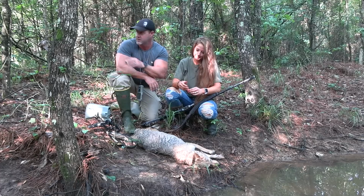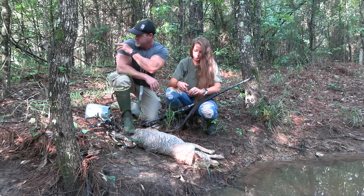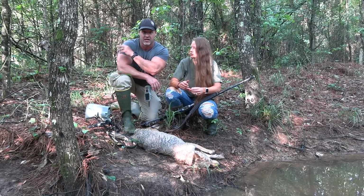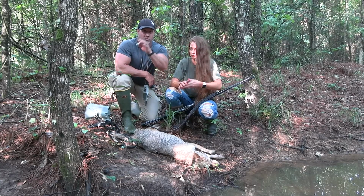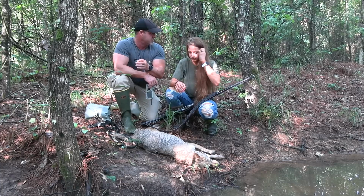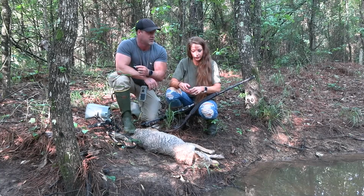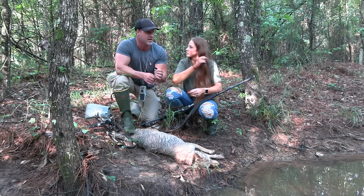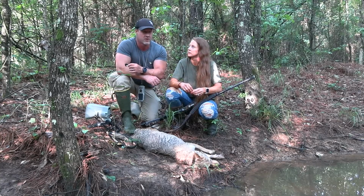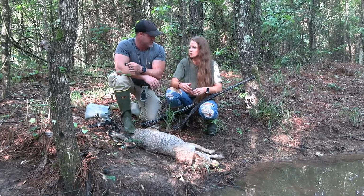Slipped in here, sat down. The wind was coming across this creek channel, blowing from our left to right. That's why I set the X24 up on this left-hand side of the creek to try to pull them down this side if they tried to get downwind of the call, and then we set on that side for that reason. We got in here, I done 2 or 3 howls on the MFK Smooth Talker diaphragm. Followed that with MFK Rue Howls 3, which I just recorded. That's off our coyote Rue, female. Answered with that, and probably then went silent, and probably a minute and a half, 2 minutes after the howls,